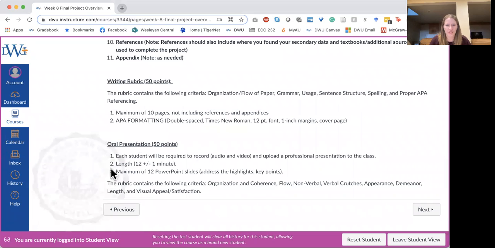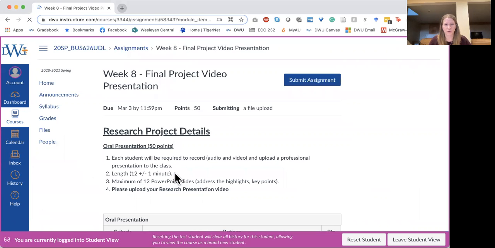Your oral presentation, you're required to record a video. So I want your audio and a video. So I want a picture of you along with your presentation. Your length should be 12 minutes plus or minus a minute. So you will be docked if you go over 13 minutes and if you're under 11 minutes. And I want a maximum of 12 PowerPoint slides. Address the highlights, stick to the key points. And then the rubrics are on the actual